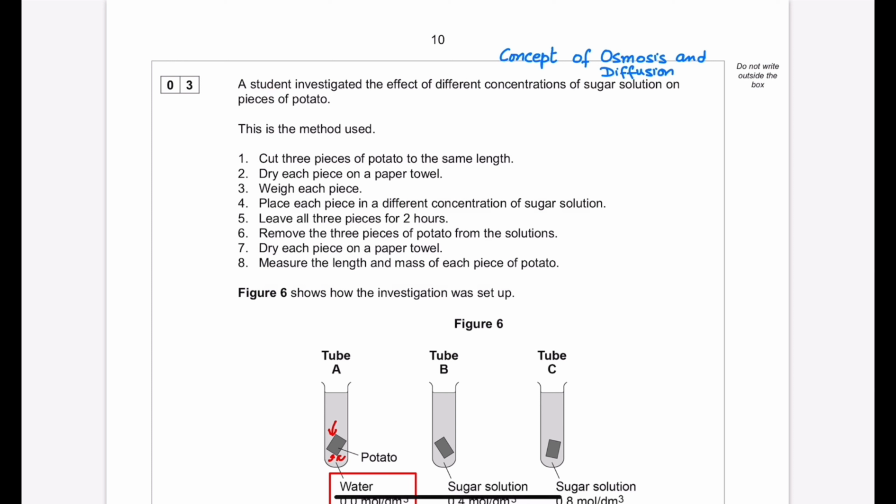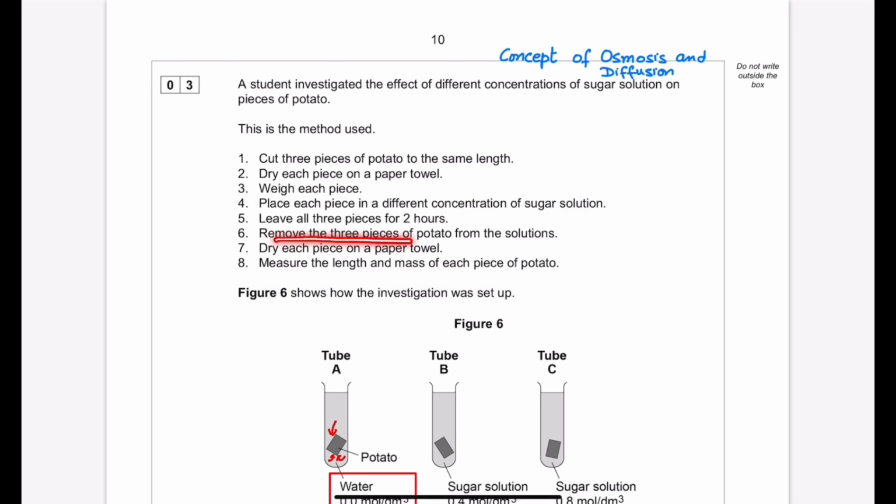A student investigated the effect of different concentrations of sugar solution on a piece of potato. If you look here, this is tube number A, tube number B, and tube number C. The method the student has used: cut 3 pieces of potato to the same length, dry each piece on a paper towel, weigh each piece, place each piece in a different concentration of the sugar solution, leave all 3 pieces for 2 hours,